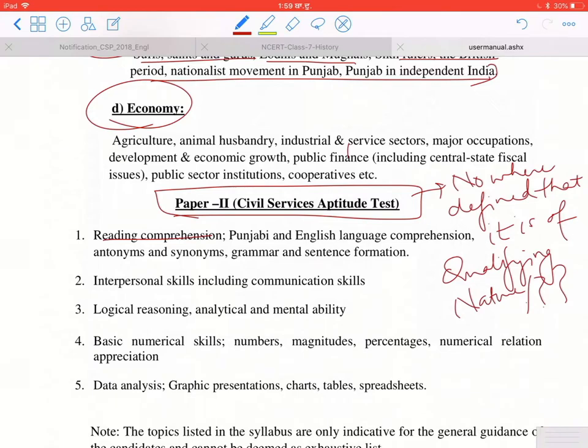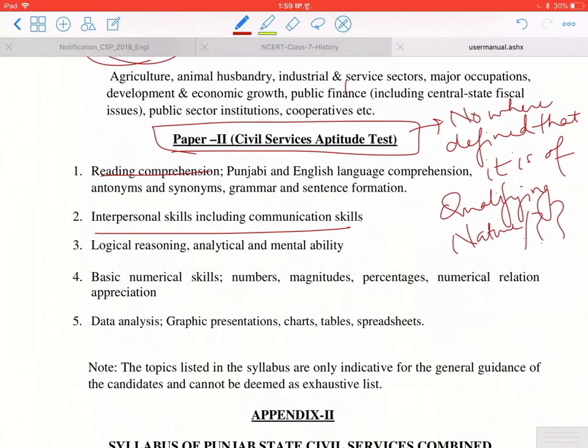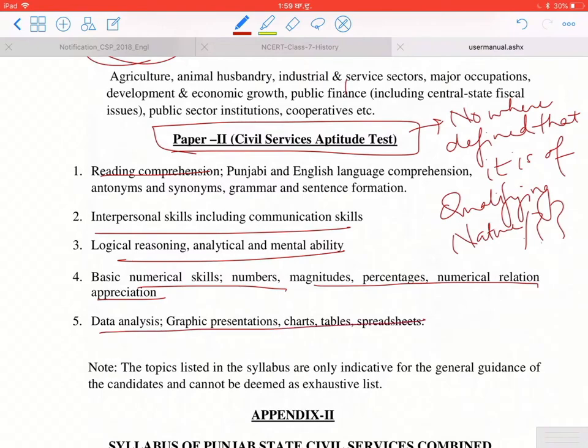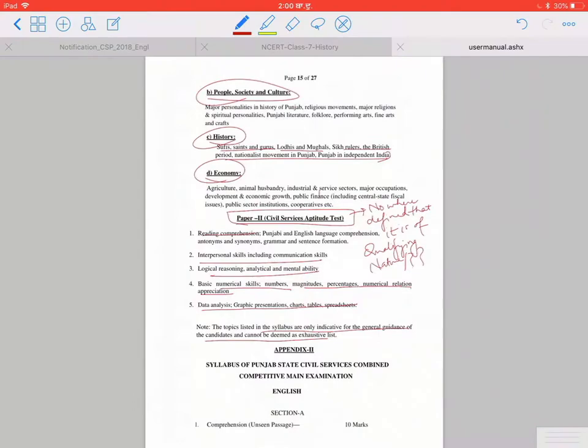So yes, you need to put a focus on reading comprehension. These both parts also, the logical reasoning, analytical, basic numerical skills, numbers, magnitudes, percentage, data analysis, charts. So again, they have given some surprising elements. Anyhow, we'll have to rely on something that is